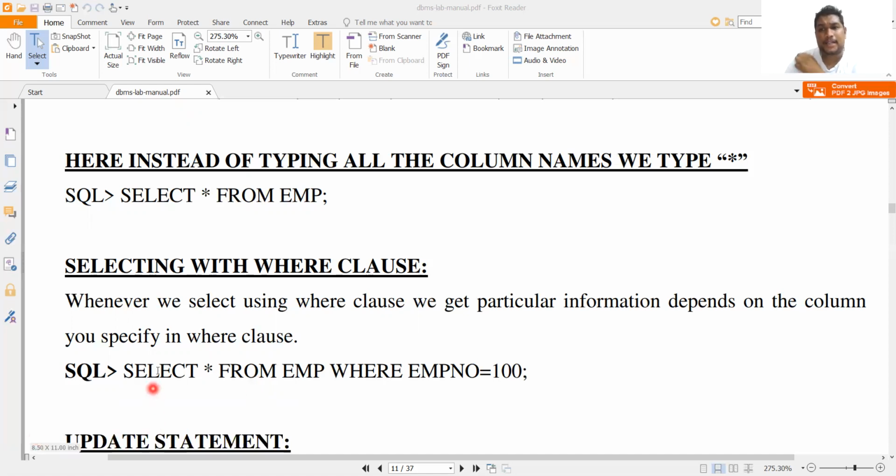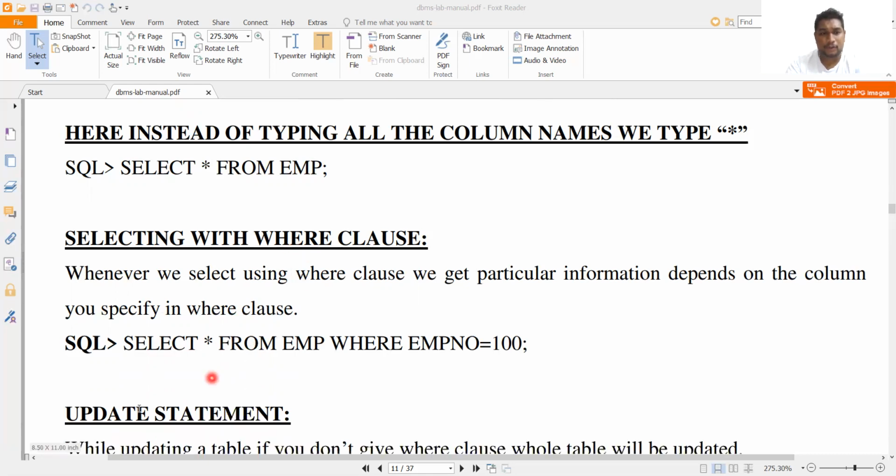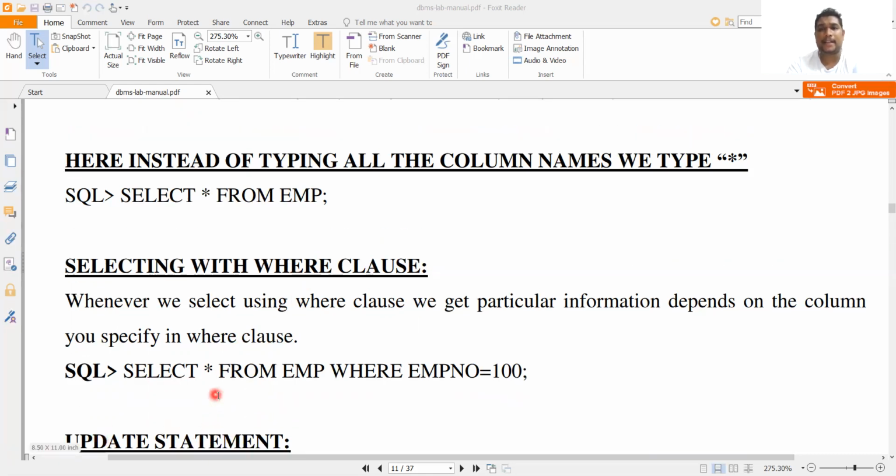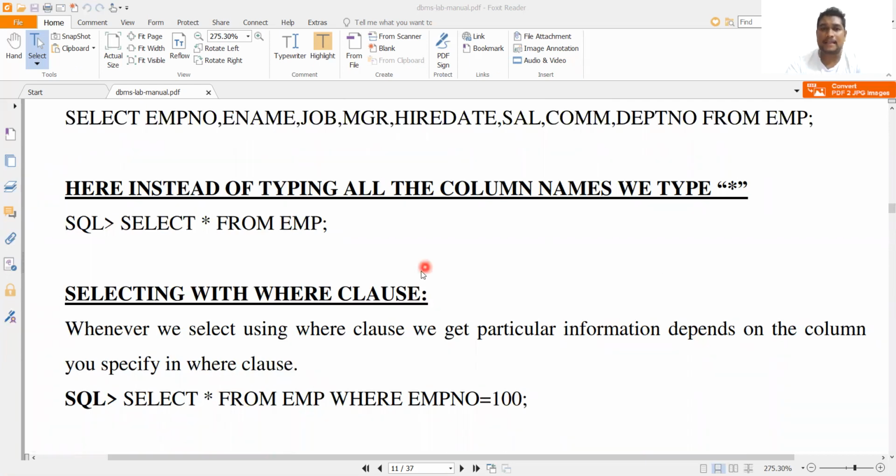Next, already you know that DML commands consist of insert, delete, and update. Insert is already discussed and completed. Next, we go for the update command. The update command can be implemented in two ways. If you want to update all the attribute data, then we use one syntax. If I want to update only particular data, then I use a different update command. Based upon the necessity of the user, he can update.